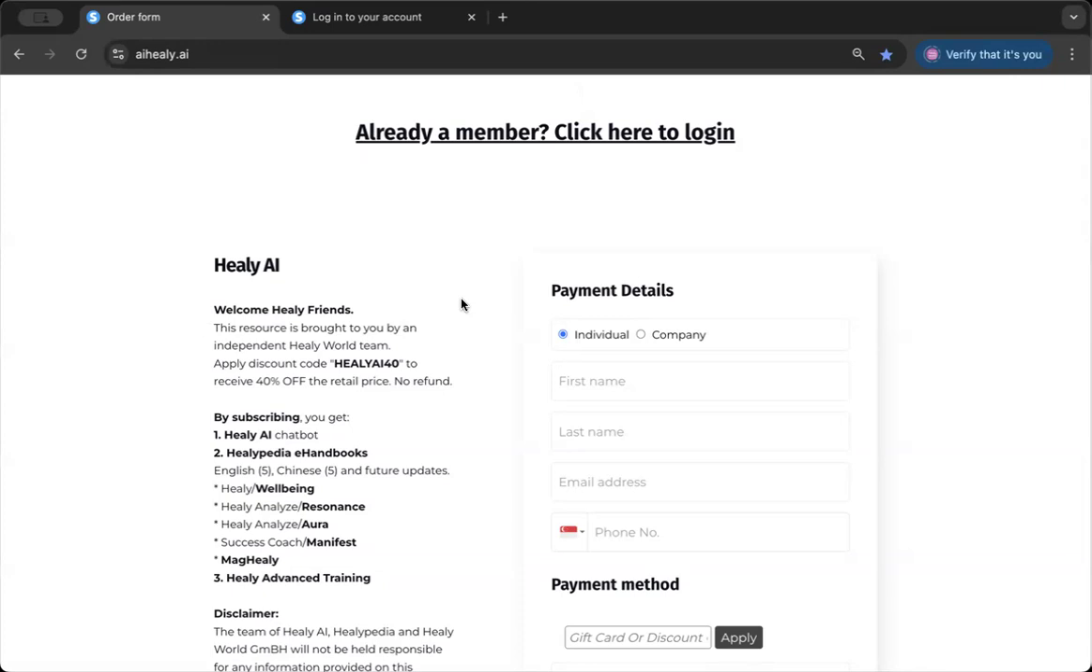Hi, I'm going to show you how to use the Healypedia eHandbook platform. Now, before you begin, if you are an Apple user,